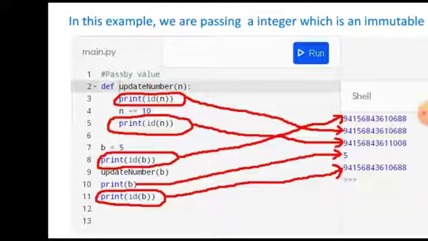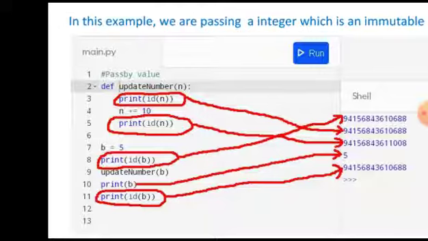You can see that the first two print statements have identical output. But the third print statement gives you an object id which is different from the two. Why? Because this is the id of a different object which has been created by copying that object's value and then assigning it to a different variable. Now a different object has been created in the function, which has a local scope, and this object's id has been printed by the function using the print statement here. Is it clear to all of you?